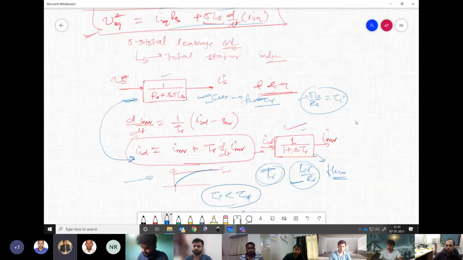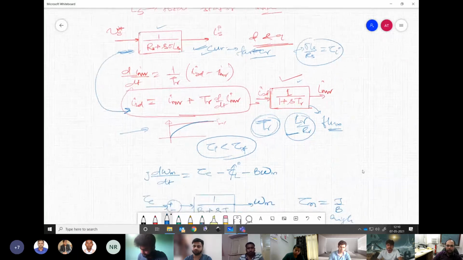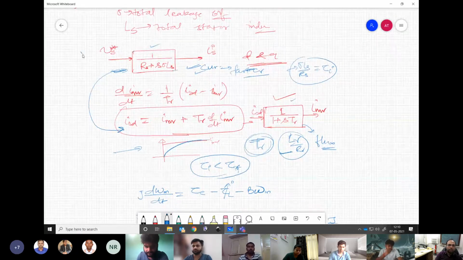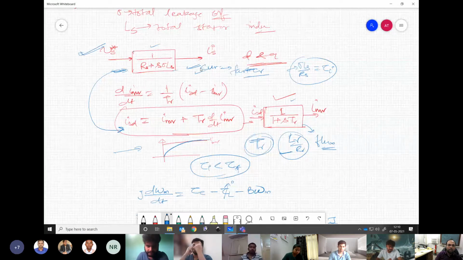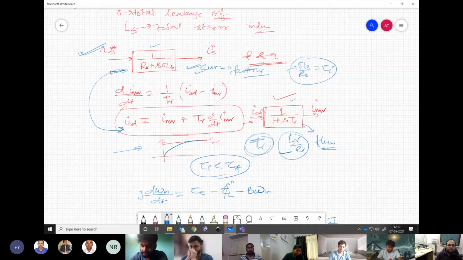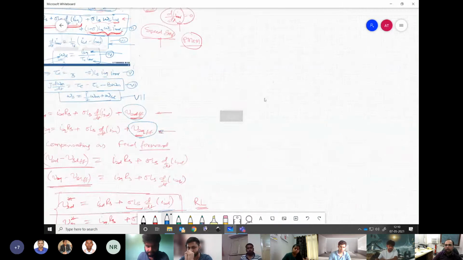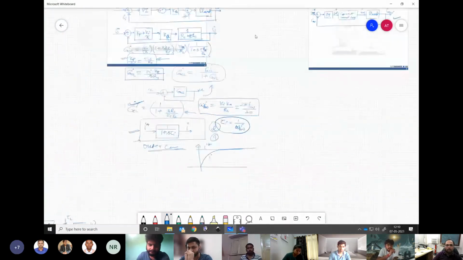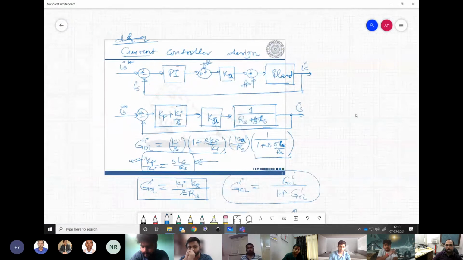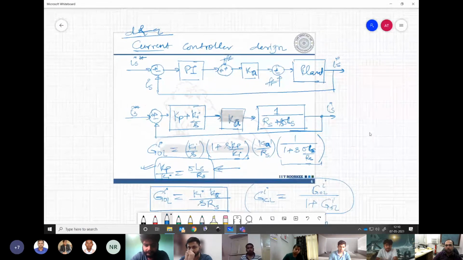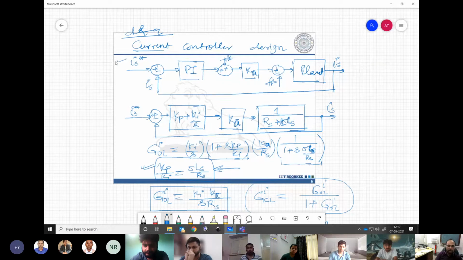Now when we have this plant for the ISD or ISQ current, because for both of them the plant is same, we can have a common approach for designing the controller for the current, D or Q axis, it doesn't matter. We have seen how this can be done. So our current control loop we have given over here. Somehow we have the reference for the current, whether it is D axis current or Q axis current, it doesn't matter. The design is same.